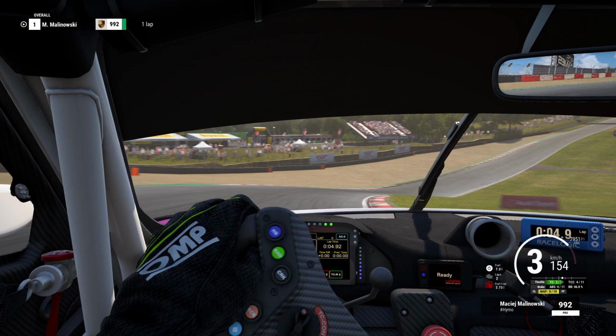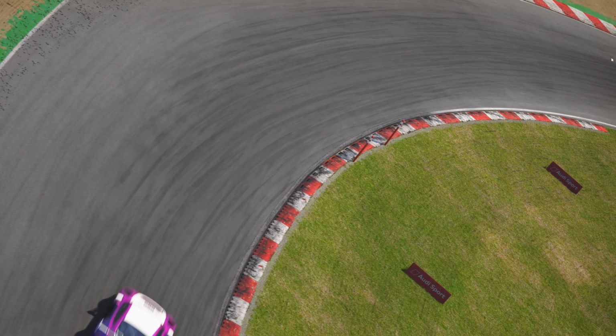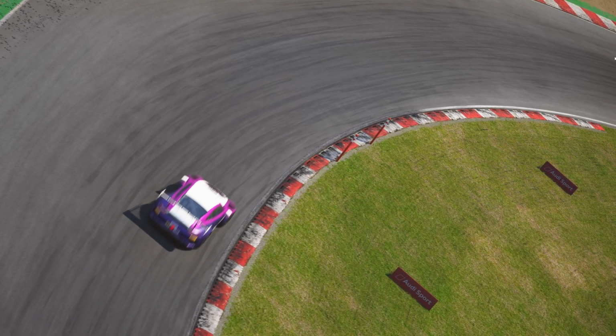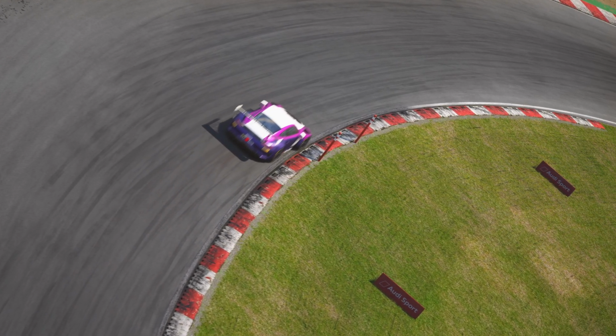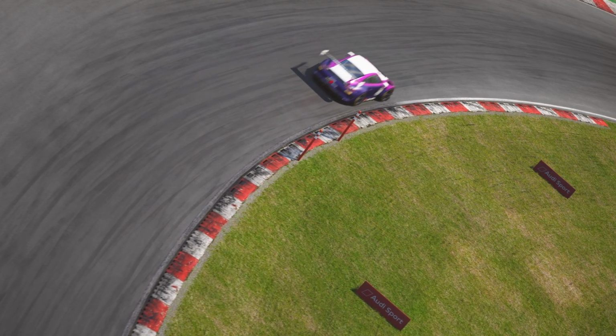The track goes here downhill, so the track is getting from underneath the car. The whole car is unloaded, it feels really light, so you want to be really smooth on the turn-in. You don't want to be way too aggressive with how you throw the car into the corner, just smoothly add rotation towards the apex. Your apex is gonna be where basically those bollards are, but it's very likely that during